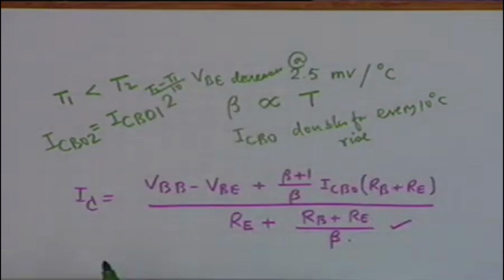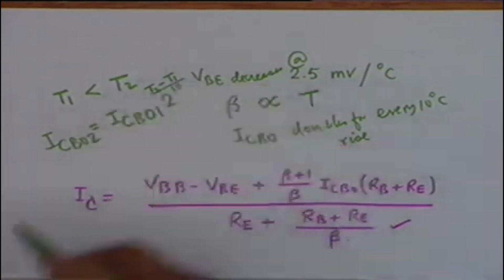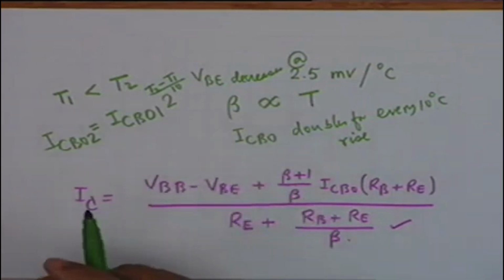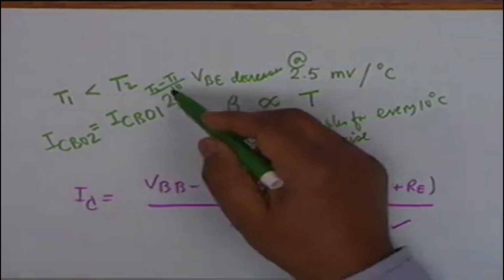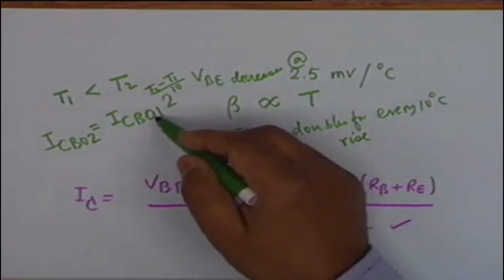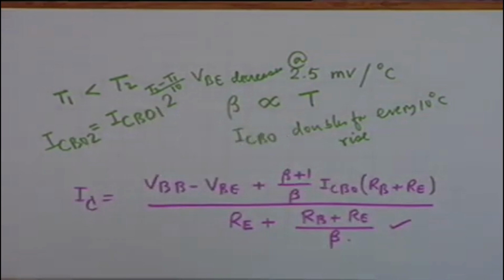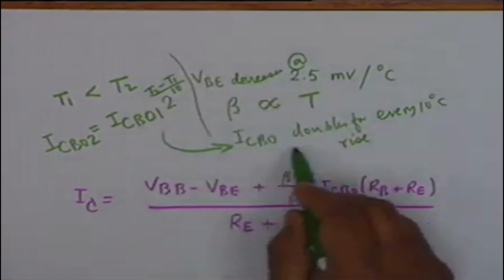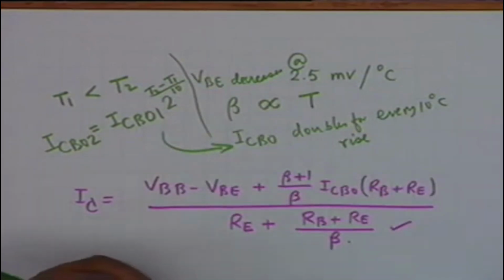Is that okay? This is a very interesting way of writing the expression. This is approximate, but we can work with this. Is this clear? If T2 minus T1 is 10, then I sub CBO1 is multiplied by a factor of 2, which is in keeping with this relationship, that is I sub CBO doubles for every 10 degrees centigrade rise